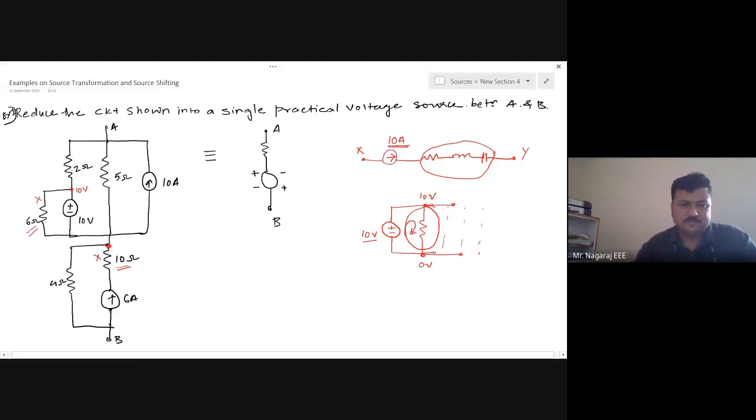For my circuit reduction, I cannot say that this 6 ohms is of no use in my circuit operation. This circuit may be representing some system which is doing some work. But if I have to reduce the circuit, the first technique we generally use is we remove the redundant terms. The elements which are not in use in doing work or which have no effect on the circuit parameters can be neglected for the time being. So therefore, 6 ohm in parallel to 10 volts is neglected. 10 ohms in series with 6 amperes is neglected.